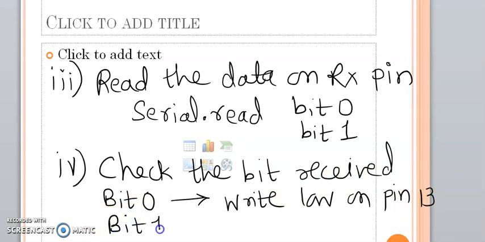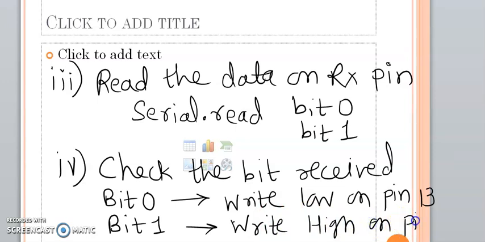And if the received bit is 1, then we have to write HIGH on pin 13 so as to glow the LED. That's all. The same procedure we will follow in the Arduino IDE with a set of commands to complete the total program.